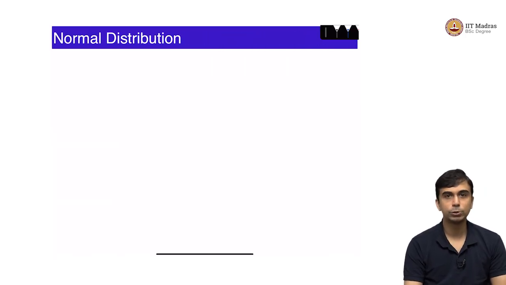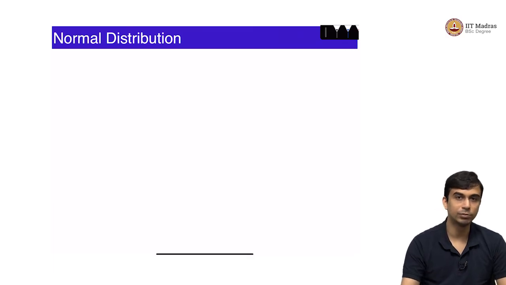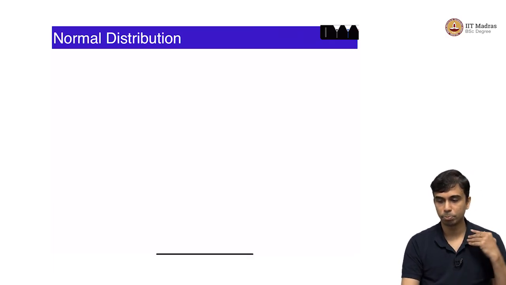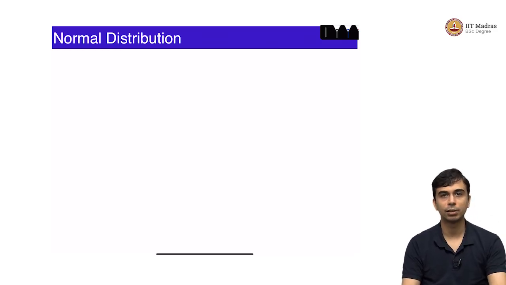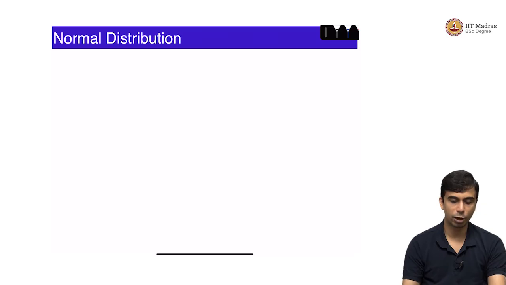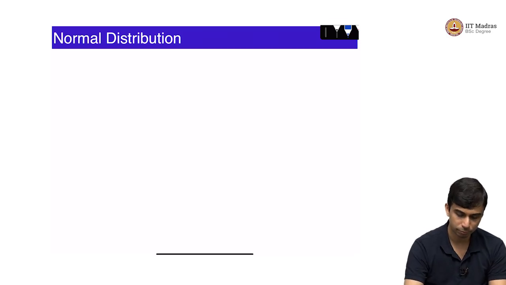Because you will soon see that this is a very commonly occurring distribution in nature, and one of the main reasons is what is called the central limit theorem, which we will soon see. In practically all situations where multiple effects are essentially added together and you see an effect, you can expect the effect to be a normal distribution. There is another name for the normal distribution, which is called the Gaussian distribution. It is also called the Gaussian,